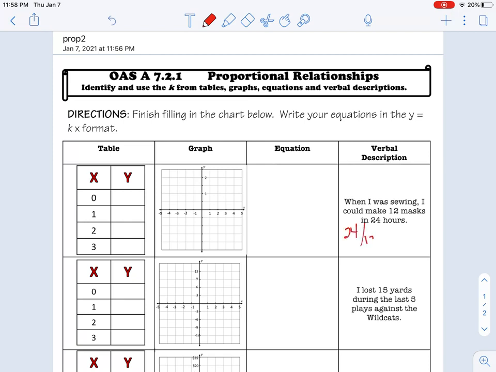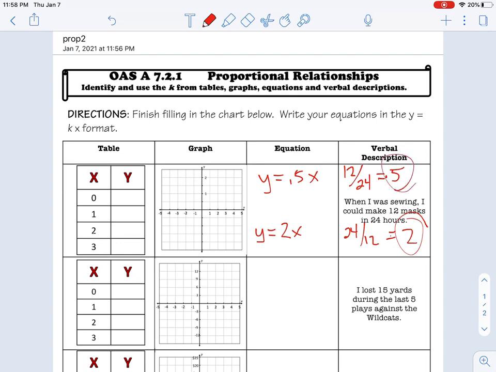Let's do 24 divided by 12, and I'm going to get 2. If I do it that way, my equation is going to be y equals 2x. If I do it a different way, 12 over 24, this will be masks per hour. 12 divided by 24 would be 0.5 masks per hour. So I could also write it as 0.5x. It doesn't matter which way you do it. However, your equation would be different because the equation is based off of your unit rate, or your constant change,